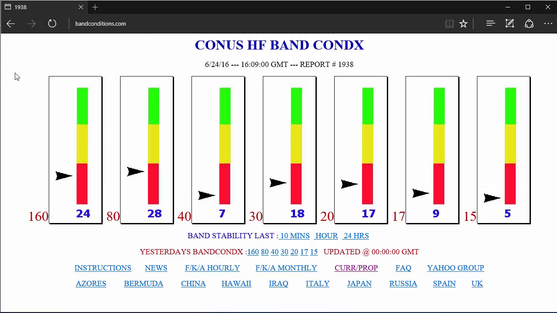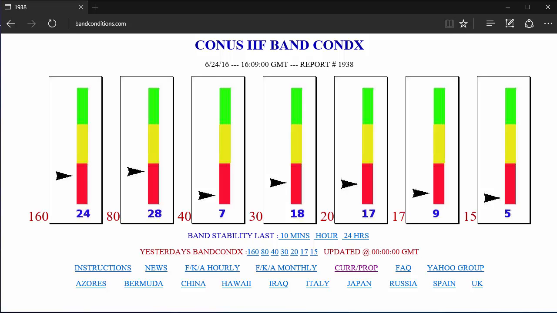Now these are averages for your area, and you can see that since it's close to noontime, conditions aren't going to be the best. And this gives you a quick indication, and it's refreshed every few minutes. So again, it takes averages. Don't solely rely on this, but it gives you a pretty good indication what the conditions are like for that